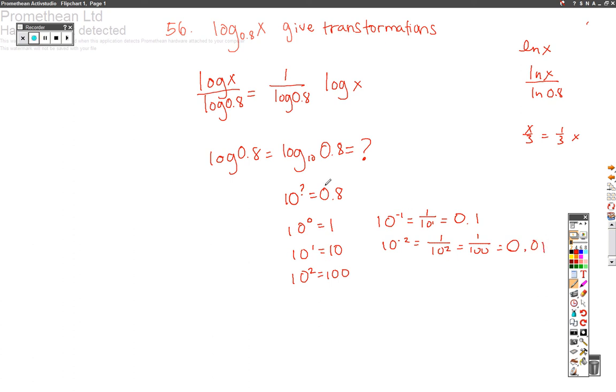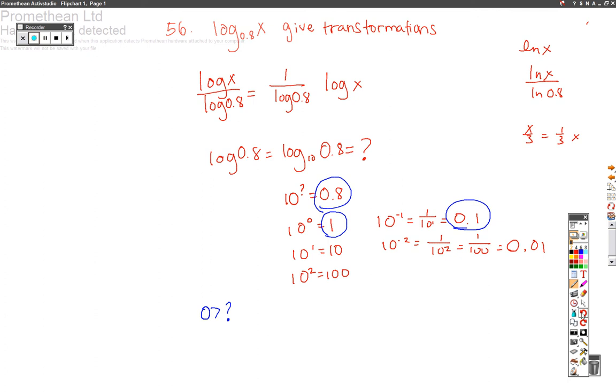0.01. Alright, so in order for this to work, my question mark has to be between 0 and negative 1 because of my final results, 1 and 0.1. 0.8 falls in between. So therefore my question mark has to fall between 0, has to be less than 0,